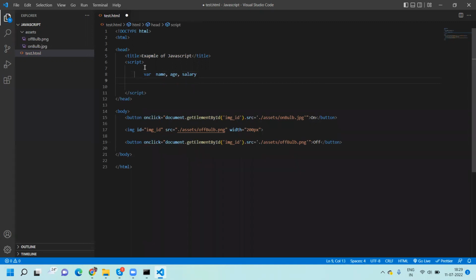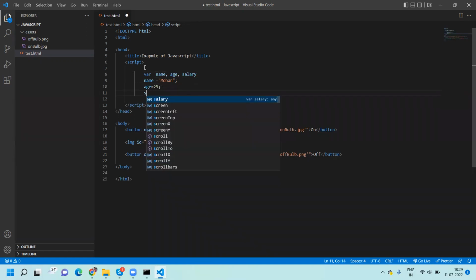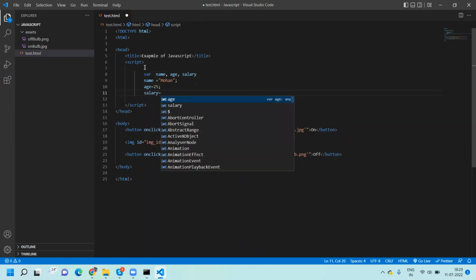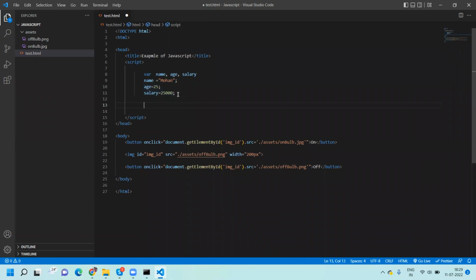And if you want to assign the value, you can use it like this: name, I want to assign here Mohan, okay. Age is 25, and salary, you can assign 25,000. Okay, so this is the initialization, and this is the value declaration, assignment or declaration. Okay, or you can declare like this, var